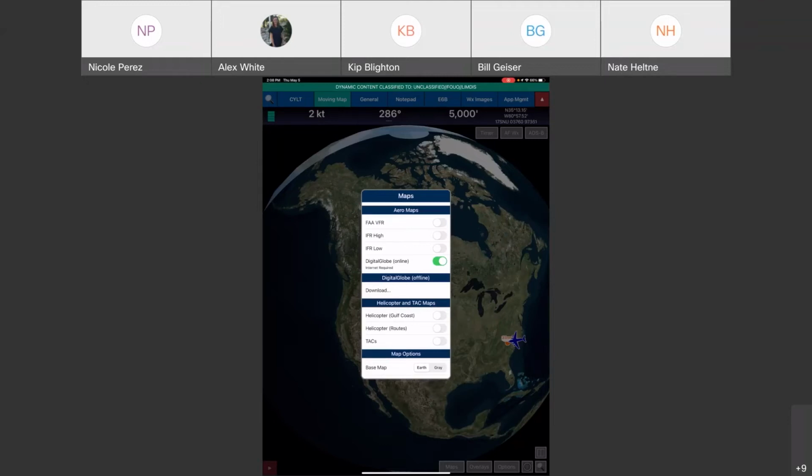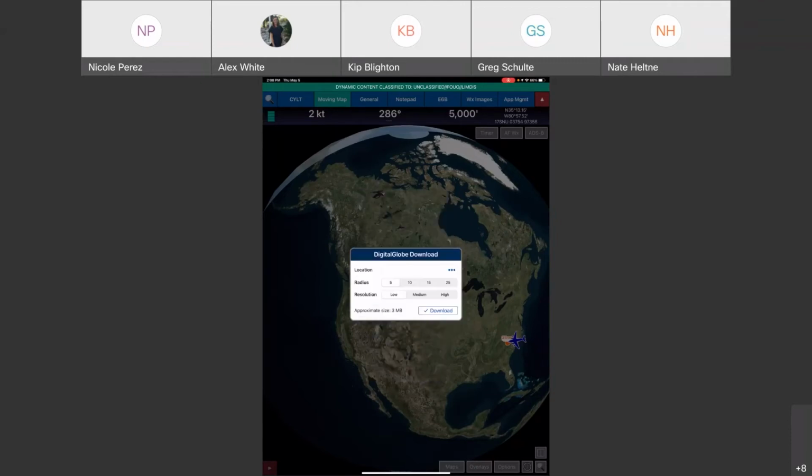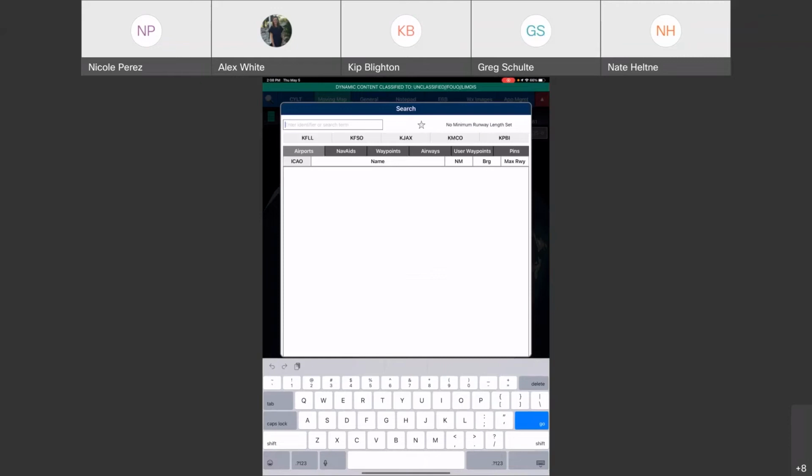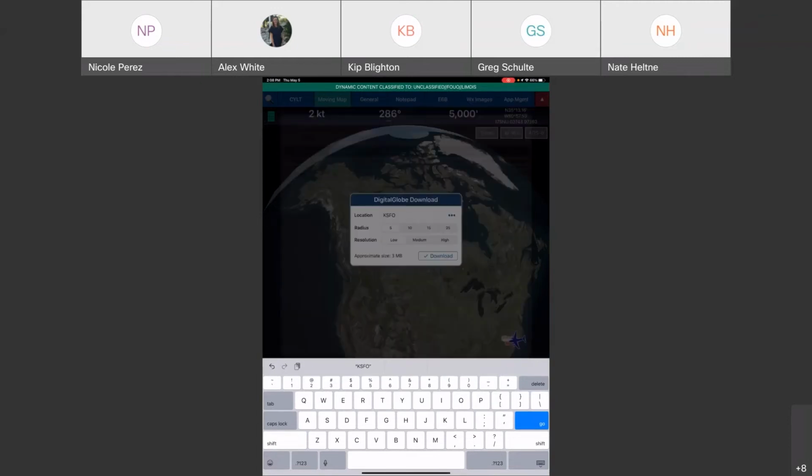So to download, you would go to the Maps pop-up at the bottom of the movie map. Select Download under Digitalglobe Offline. And you can either enter your location or you can tap the little 3-dot icon. It brings up the search pop-up and you just select the airport that you want.